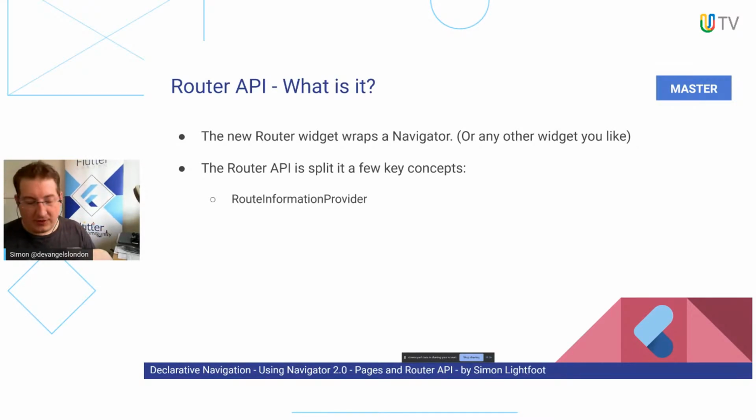And what that does is it interacts with the operating system to let us know, well, first of all, we can let the operating system know the current route. So if we navigate inside the application, so the user presses a button, we can tell the operating system, hey, we're now on this new page, change the URL. And that's in fact what happens on Flutter Web. So that the URL provided from this goes and changes the URL in the address bar using the HTML5 history API, state API, whatever it's called.